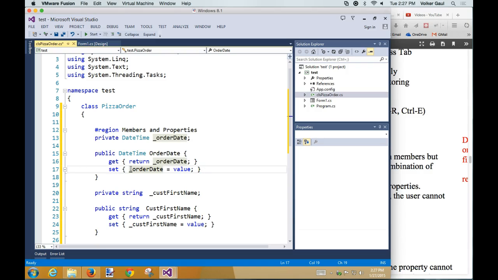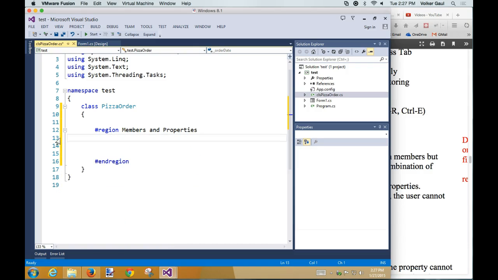But this creating of members and properties is a tedious process. Imagine if I had 25 fields in here. It's 25 members, 25 properties. It's still tedious. It's a whole lot better using prop full. The other alternative, the other shortcut, and then I'm going back to our regular example again,